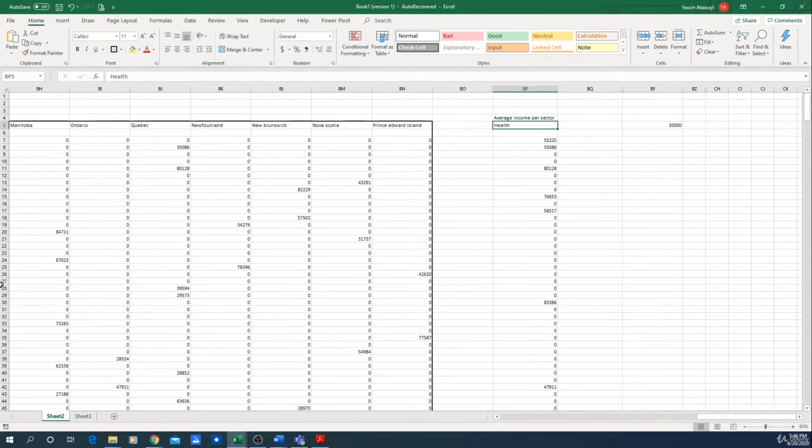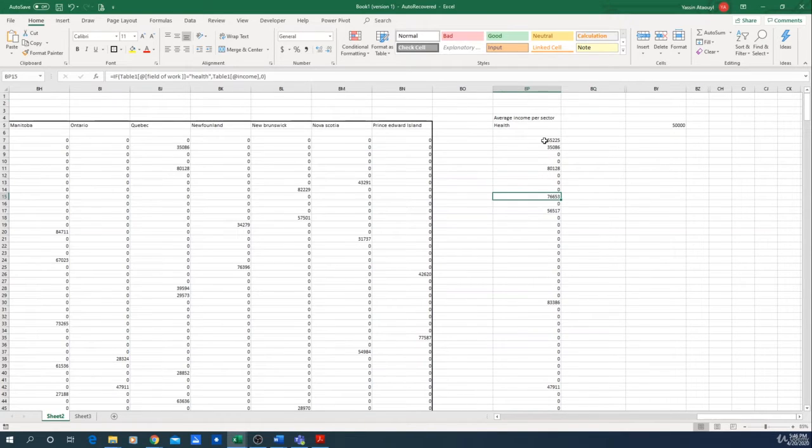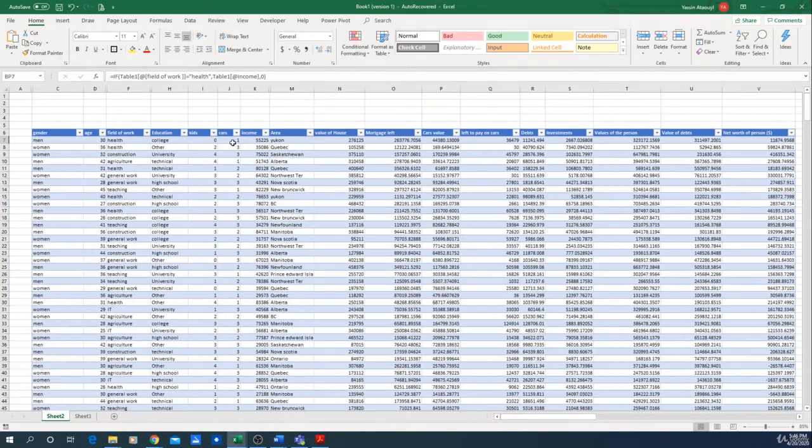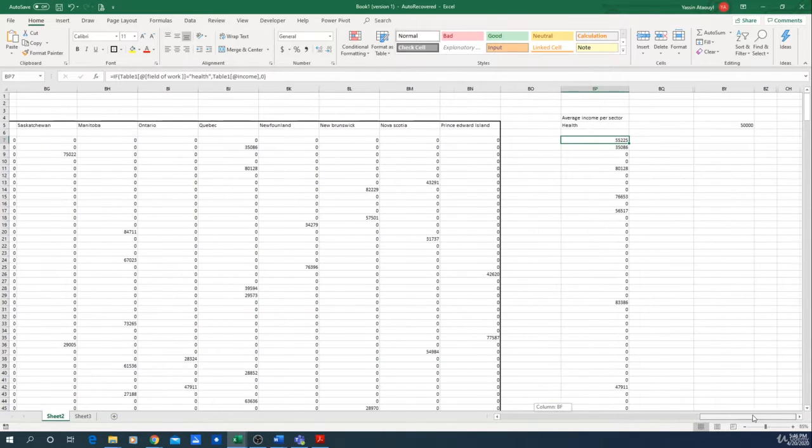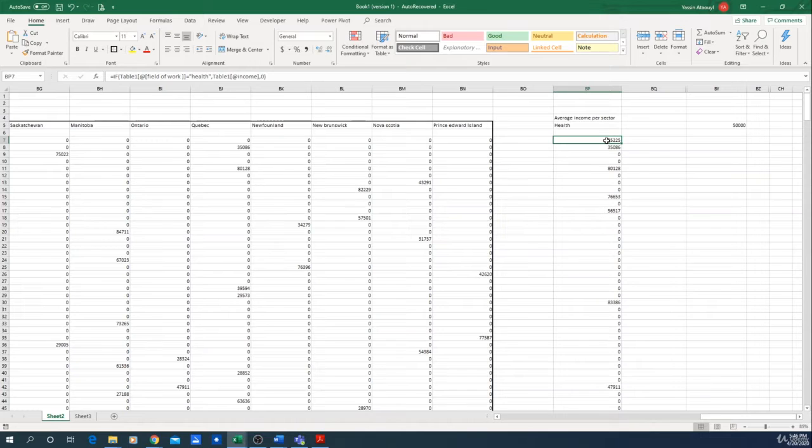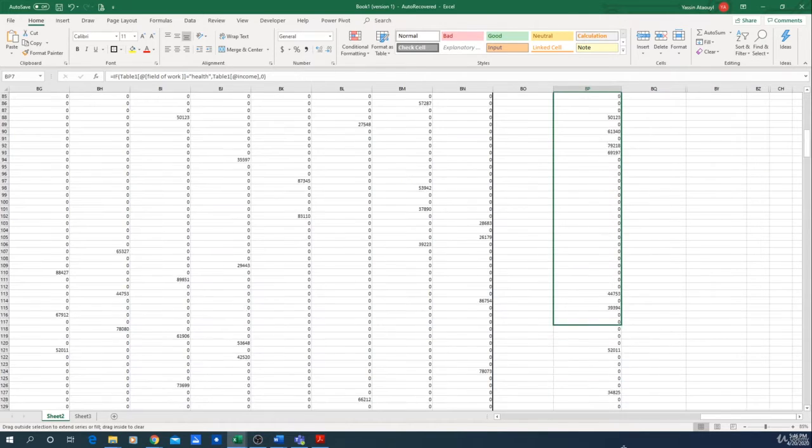This is for the second question, which is average income per sector. As you can see, I did the exact same thing. I did my if function, and the function is very simple. If the field of work is equal to health, for the first one, I will generate the income. If not, I will generate the value 0. I did this for the health sector, and then I simply dragged everything down. So when it's all done,